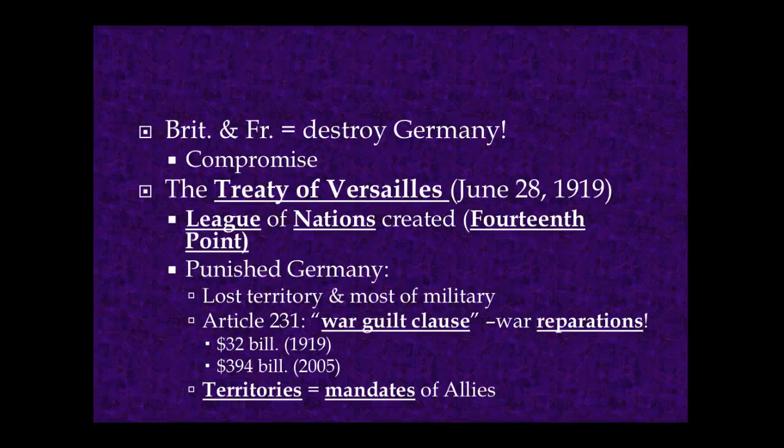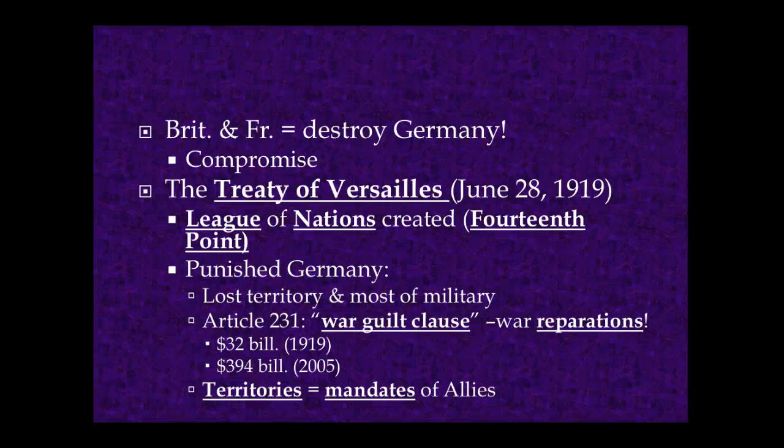The Treaty of Versailles is also going to punish Germany. Germany is severely reduced in its size. All of its colonies are going to go into what's called a mandate system, where they're controlled by the Allied powers. Instead of being free, they're then controlled as mandates. Their military is downsized. And the big one is Article 231, which is the War Guilt Clause. Germany gets blamed for World War I, all of it.